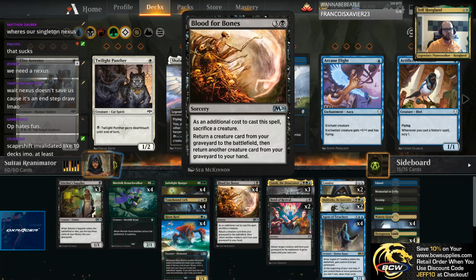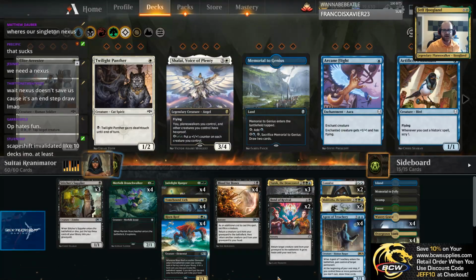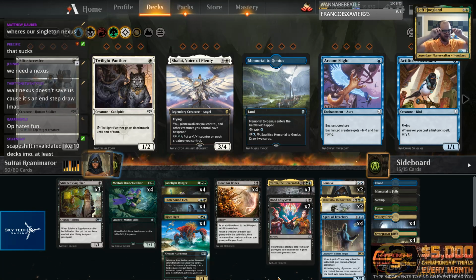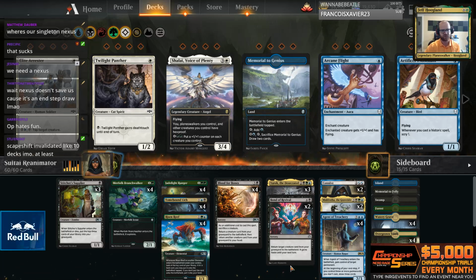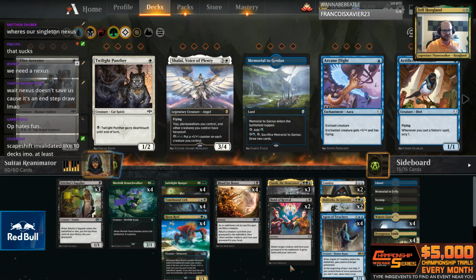Going basically Blood for Bonesing for Agent of Treachery or whatever bombs you put at your top end is just a much worse, big, go-over-the-top thing to be doing in this format than just playing Field of the Dead. So it feels like if you want to be going big in this format, you should be playing Field, otherwise you should be doing something else. You should be either playing a combo deck, like the Nexus Wilderness Reclamation decks, or